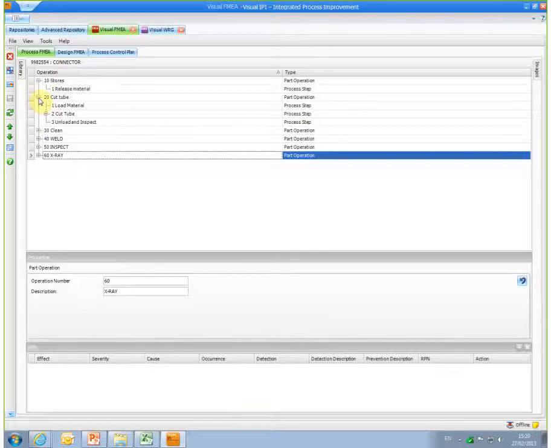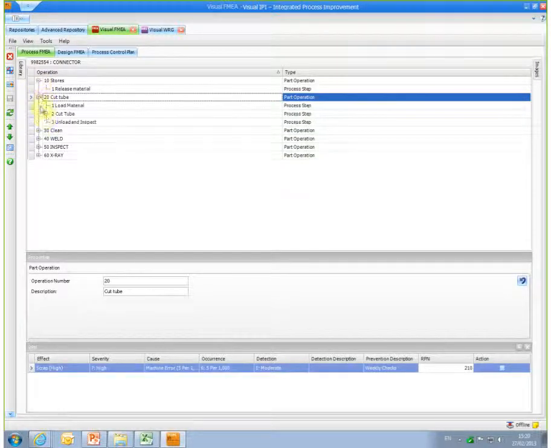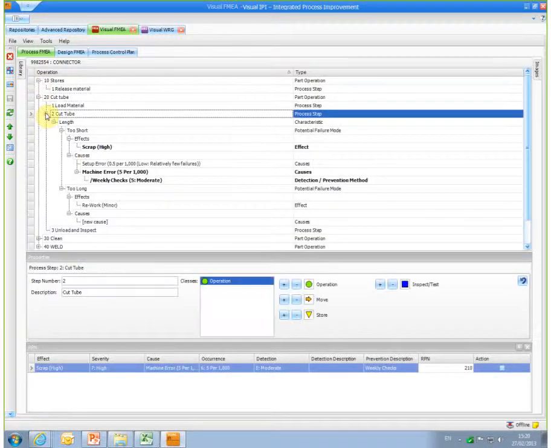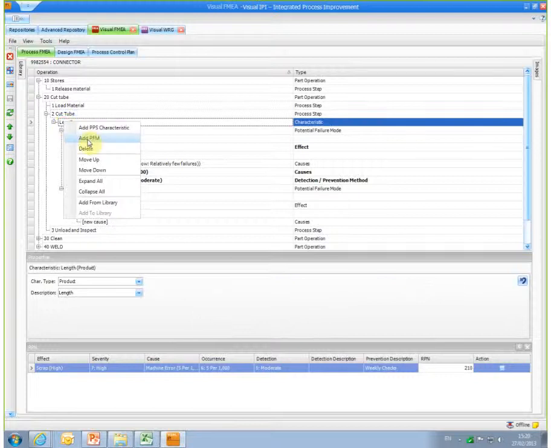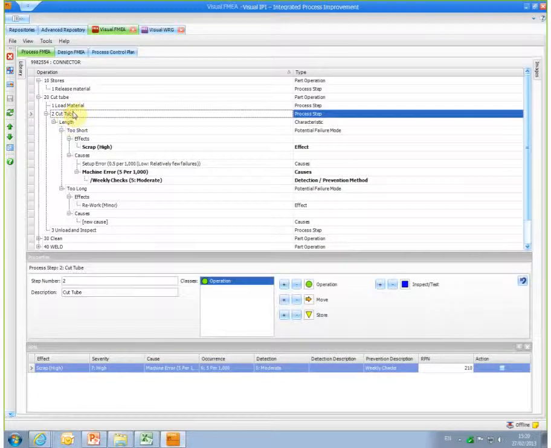So very quickly and clearly there, it's efficient, it's a standard approach. You don't have to be an FMEA expert to use it. You can see the relationship as it builds up. It's just a simple right mouse click on whatever heading you've got, and then associated to that, what is it you want to add again, and then you see it as it builds up. So once again, team effort, try and do it as a team. You'll get a better FMEA